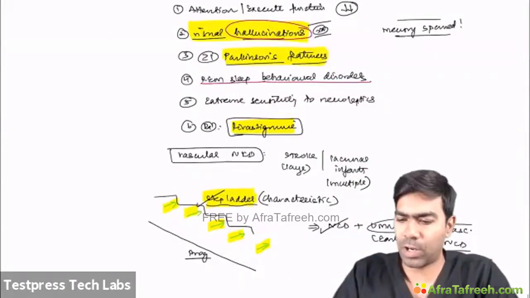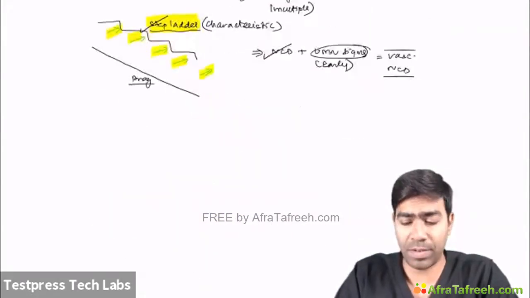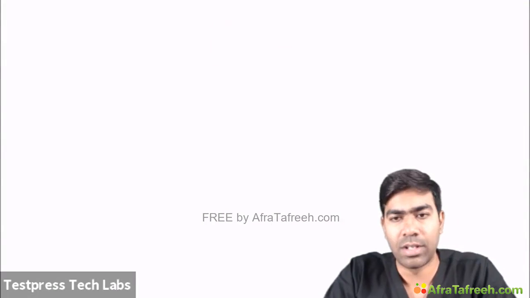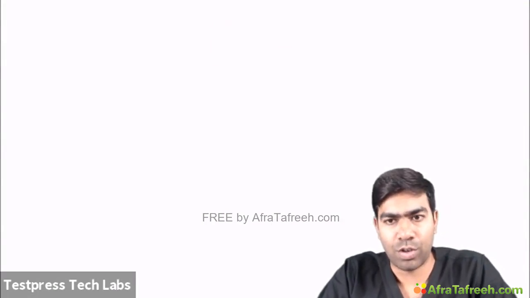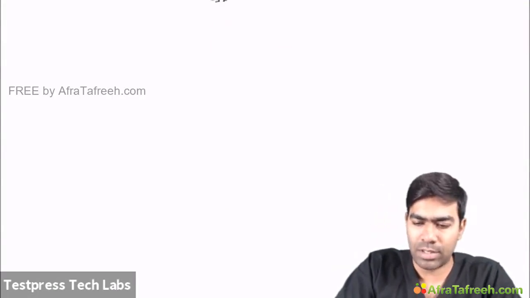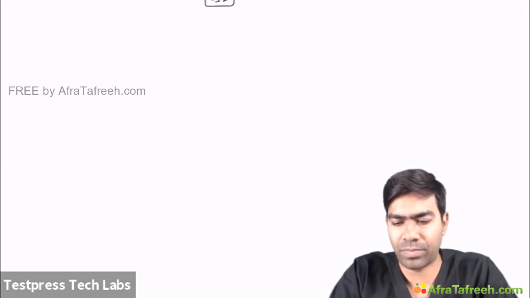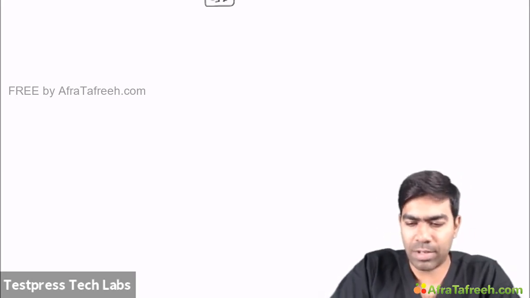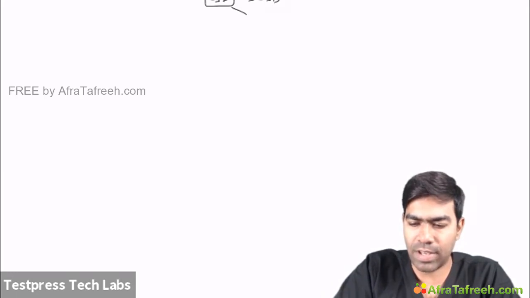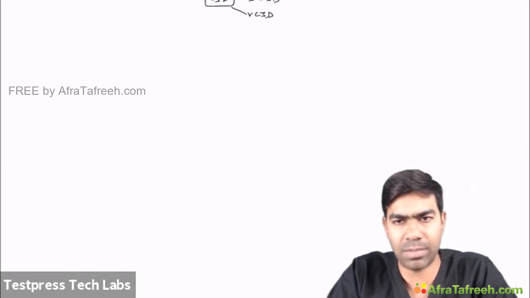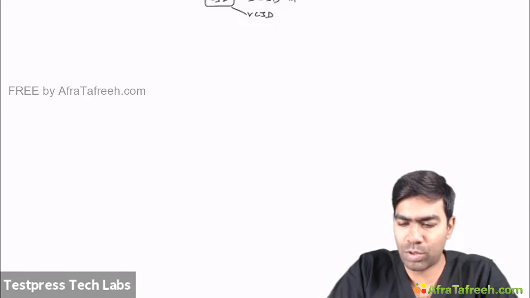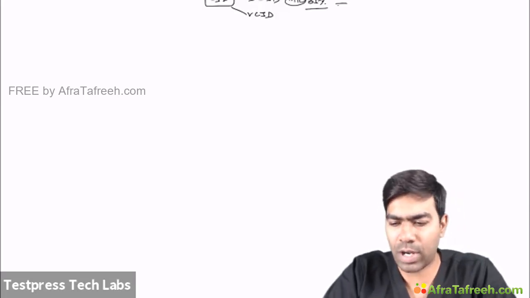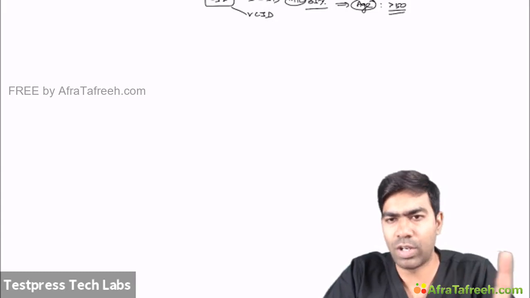So we had all these things, fine. And we didn't discuss the infectious form of neurocognitive disorder, that is Creutzfeldt-Jakob disease. This is a very important cause of dementia. There are many types of Creutzfeldt-Jakob disease, like sporadic Creutzfeldt-Jakob disease and variant Creutzfeldt-Jakob disease. Many different types exist, but sporadic is the most common. Almost 85% of Creutzfeldt-Jakob disease will be sporadic in nature. First of all, you need to know the age in sporadic: age will usually be more than 50.